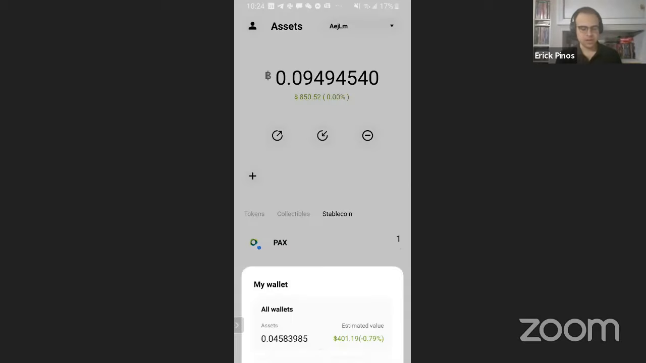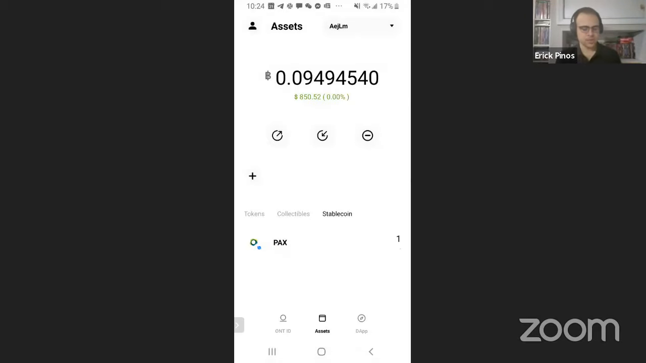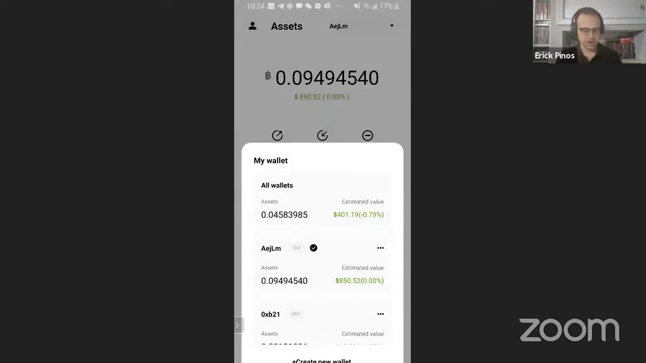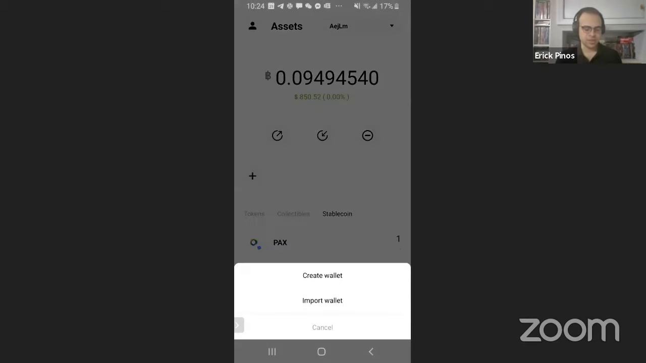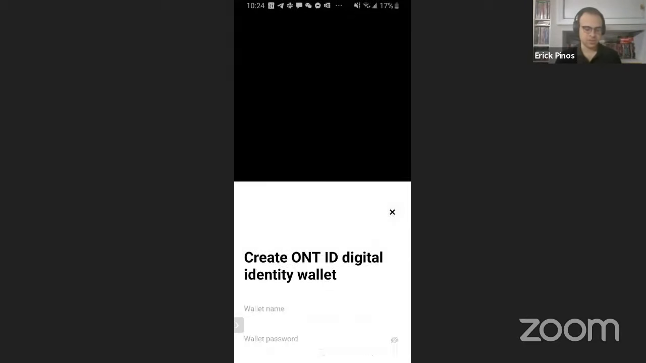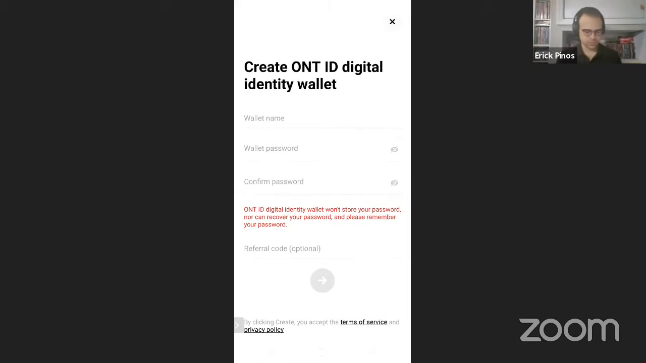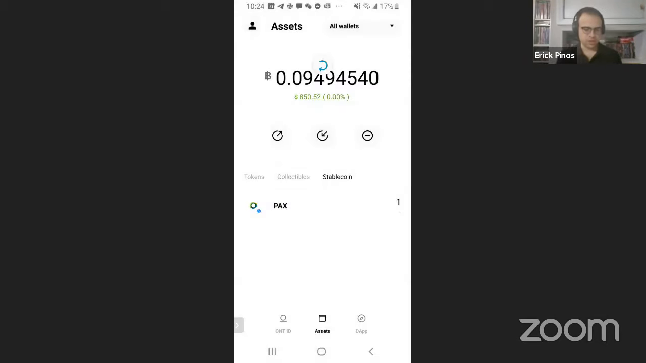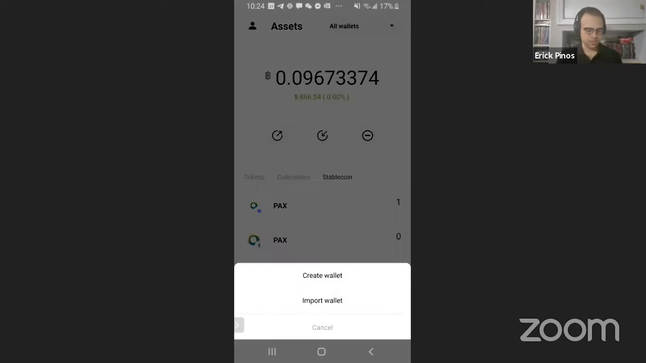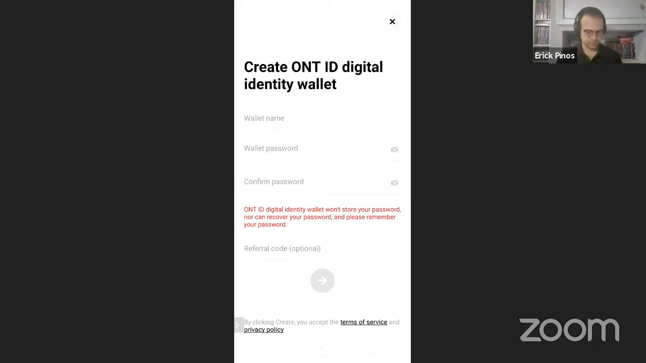Not only that, see at the top right, if you press the down arrow, you can have Ontology-based wallets, but also Ethereum-based wallets, all the different wallets that we mentioned. If you go to all wallets, you can see a summary of all the wallets together. And then if you go to create a wallet,